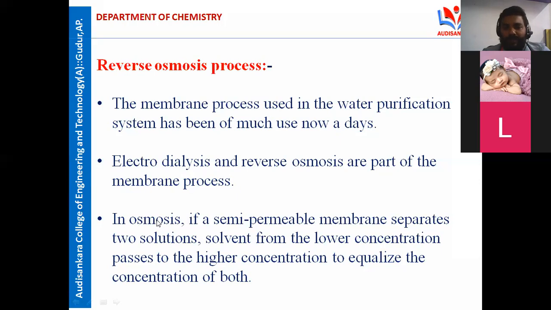Before going to reverse osmosis, what is osmosis? In the osmosis process, it is very simple. Take some water. You keep one layer, one membrane, inside a bottle, imagine. What happens? High concentration goes to low concentration, and low concentration goes to high concentration. Here it mixes. This process is known as the osmosis process. In the presence of a membrane and osmotic pressure, the low concentration ions move to high concentration. And